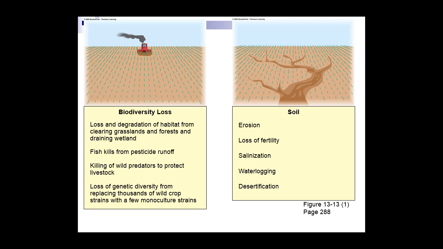Waterlogging is another soil problem. If you've ever looked across the street, across Mountain Road from where the school is, at that horse farm, those horses have packed that soil down so tight that when it rains, they basically just get a pond in their front yard because the water cannot drain through the soil anymore. And I've already talked about desertification.